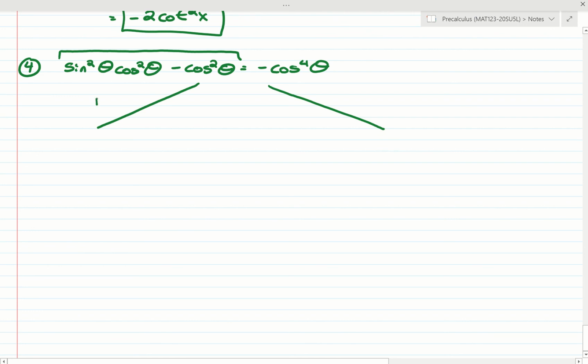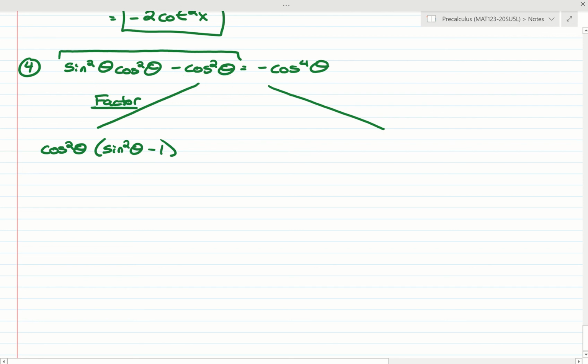One thing that we could do is factor. I see that we have a cosine squared in each term, so if I factor out a cosine squared of theta, I get sine squared of theta minus 1. Remember, we're just dividing both of these terms by cosine squared. That's what factor means. Factor is just another word for divide. And